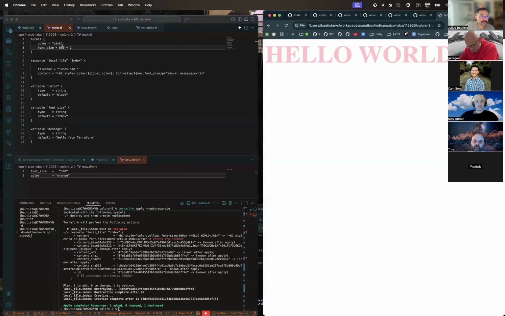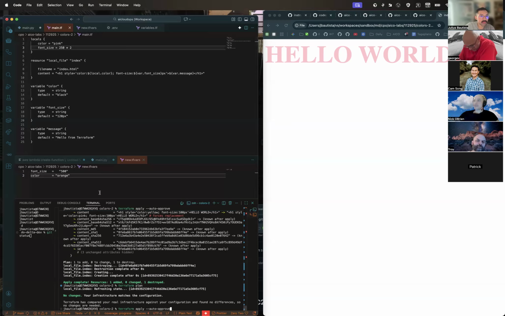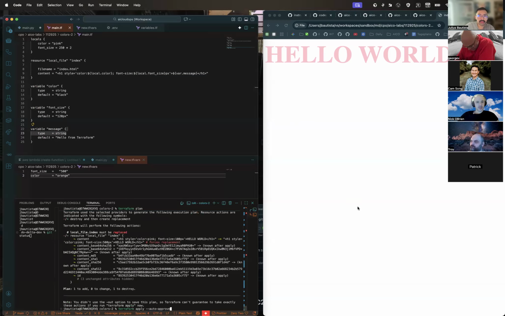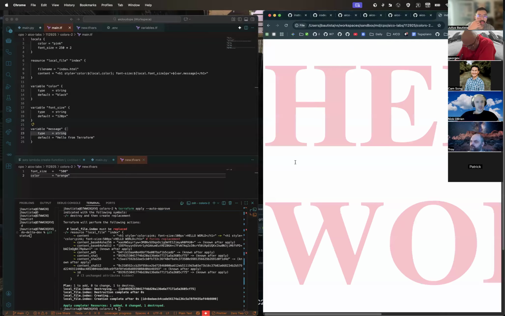Or maybe let's do 250 times 2. Terraform plan. Oh, might help if I change this to local. Terraform plan again. Terraform apply. And we see that we were able to multiply that size. Now, I think this actually should work as well with